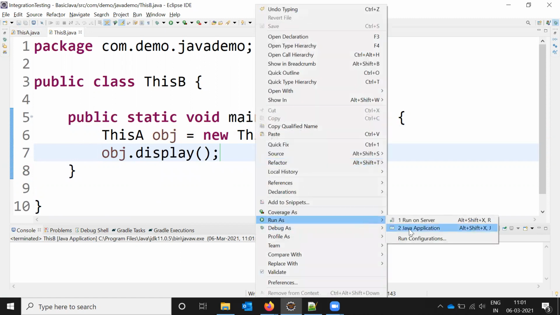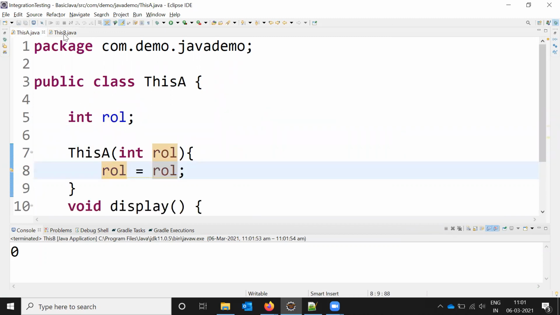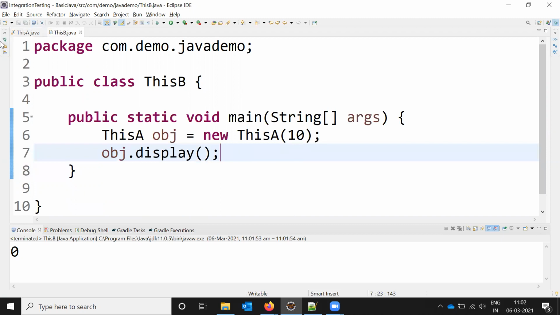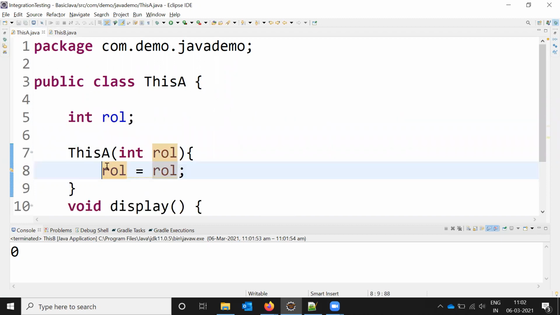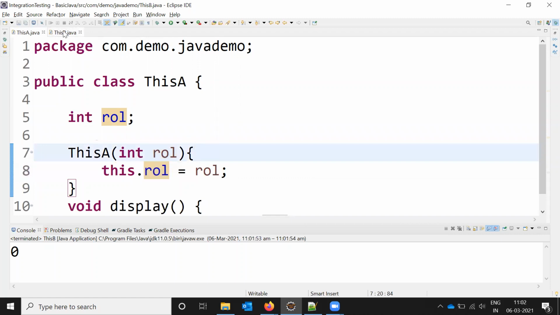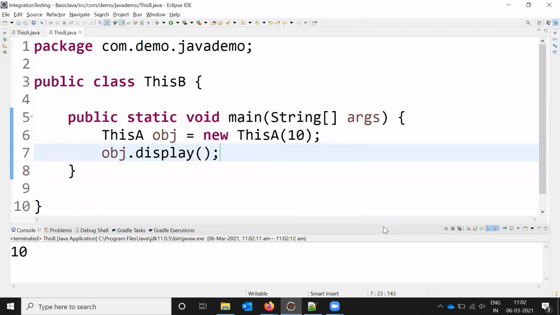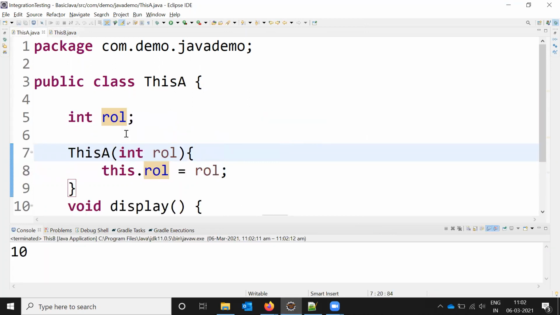Without this keyword, the int value printed is 0, but we passed 10. Now with a small change, using the this keyword in the same class, it will display 10, because it refers to the current instance variable. We are passing the value in the constructor parameter, and with this keyword we assign the values here.